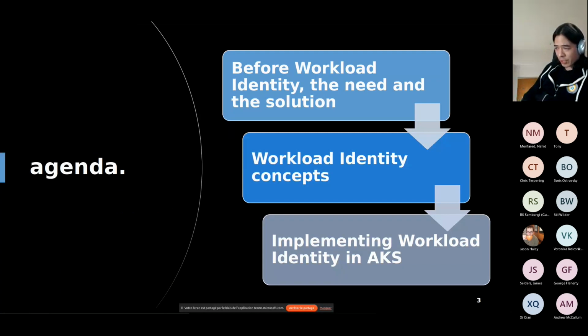So I will go a little back into what we had before workload identity, just to put some ground base and be sure that we have a common basics. Then we will have a look at workload identity, how it works, what it brings to the table, why it's better than what we had before, and then we will look at the different steps to implement it, and hopefully we will have a demonstration that will be working, because we never know in life. Anyway,